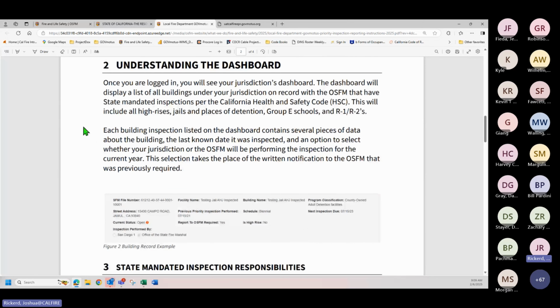Okay, so for understanding the dashboard, once you log in, you'll see your dashboard. We'll have the list of buildings. Currently, this will include all high rises, jails, places of detention, Group E schools, R1s and R2s. We'll talk about it again in a little bit, but I want to make sure I cover the Group Es